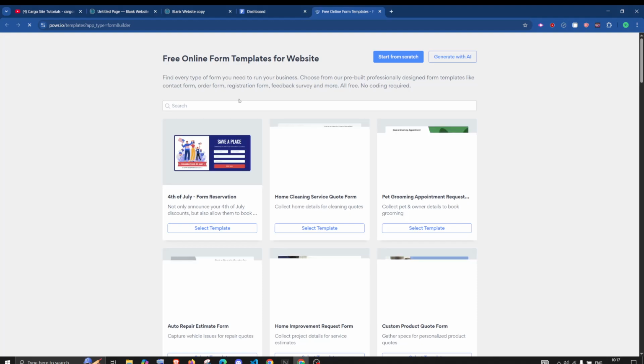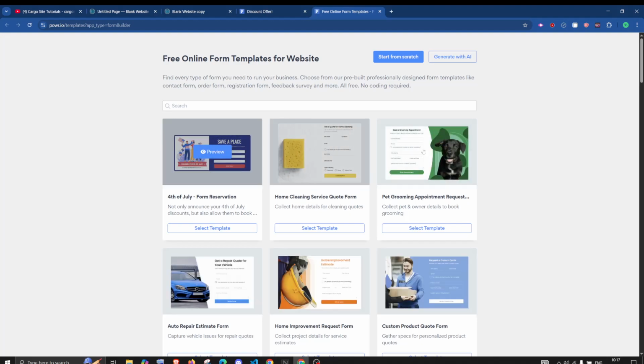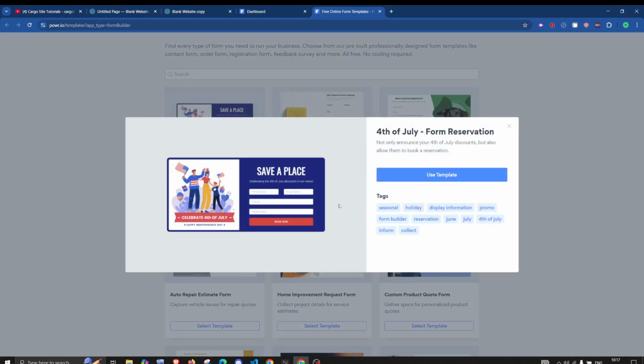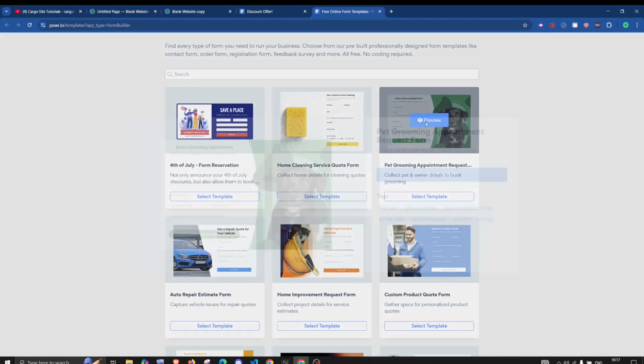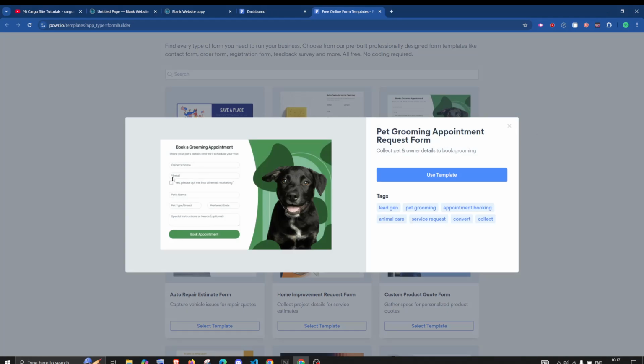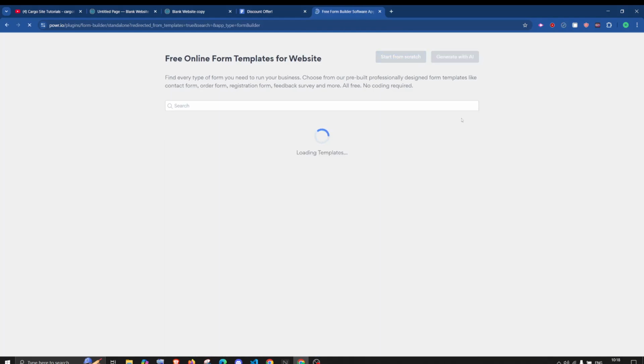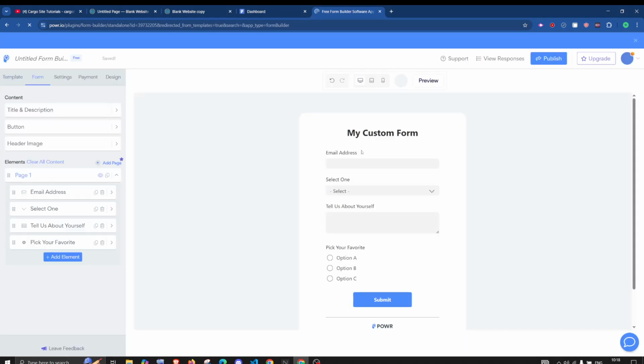So you need to go in the form builder, and here you can see the different templates. You can just preview any of the templates. So yeah, this is the template, and there are other templates like this one as well. It is for appointment booking as well. But for now, I'm just going to create it from scratch so that I can display the various settings to you. So by default, you can see that we have a custom form here with different fields automatically added.